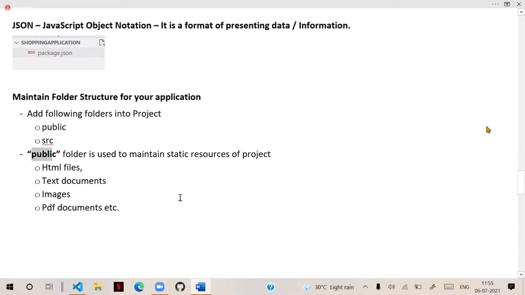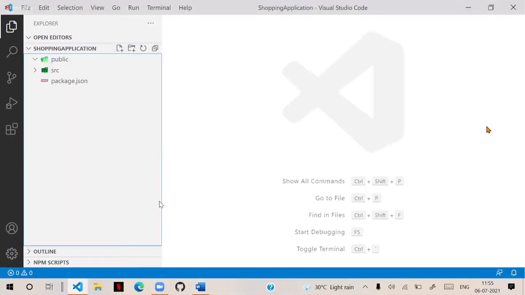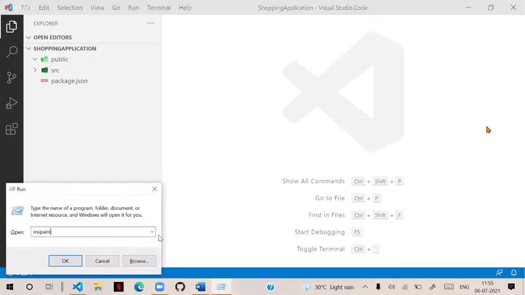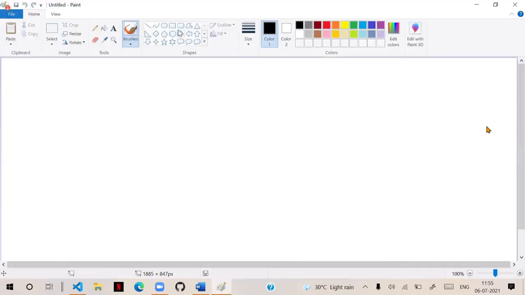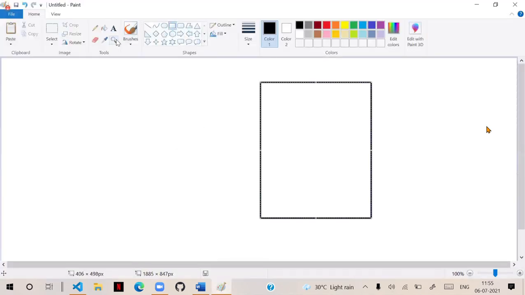Remember, static and dynamic is a separate concept I will explain. As of now, static files are directly served to the client. I will tell you that point in detail later, architecturally. Suppose we have a project.